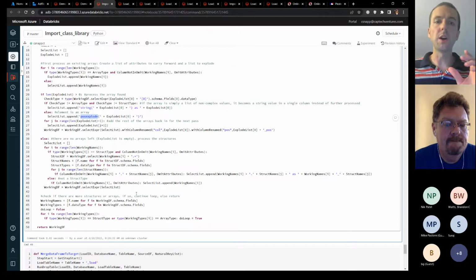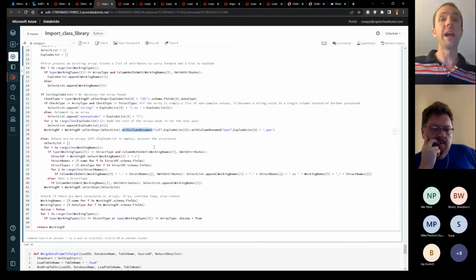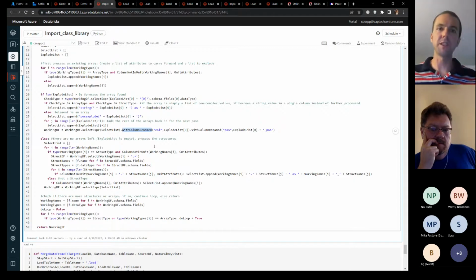You can do string aggregation with a collect WS function. So there's a lot of capabilities in Spark SQL that you want to get in PySpark, and the way you can do that is with this select expression on a data frame, and then you can also do aliasing and renaming. You can add and remove columns, so you can manipulate your data frames extensively ahead of this process that then puts them into the target merge.